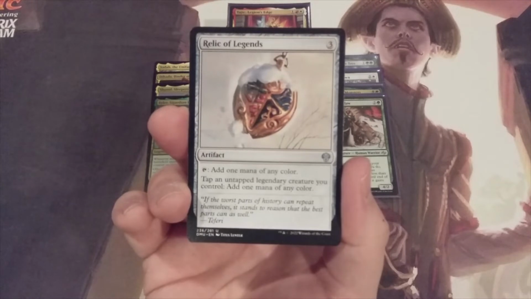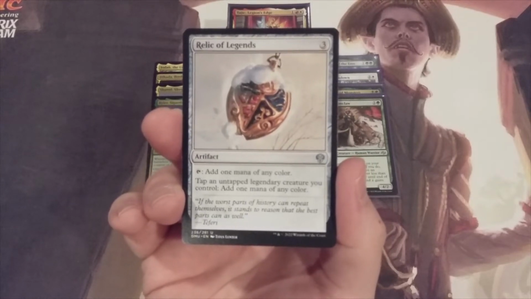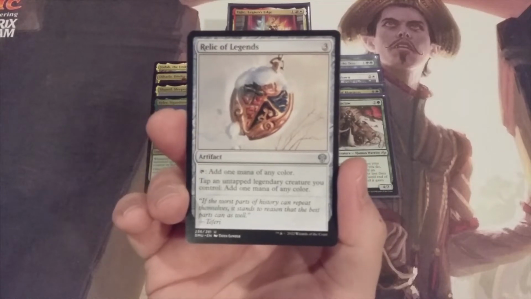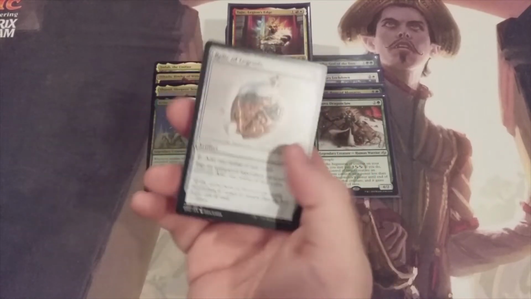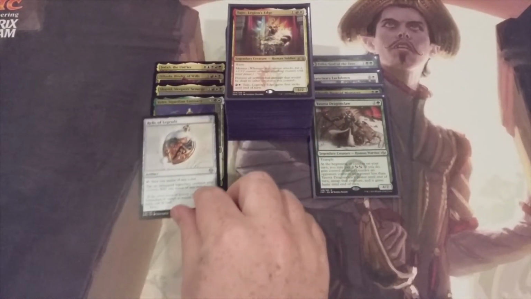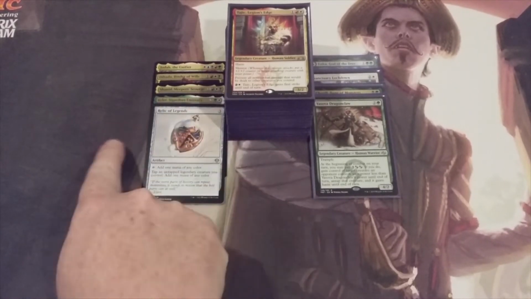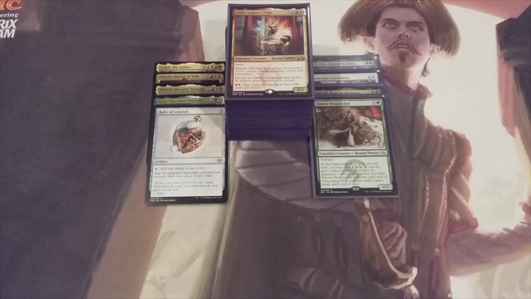So if we really have a board just populated with our legendary humans, we have such mana resources available to us that it should not be a problem at all getting Jodah onto our side of the battlefield, and hopefully shortly thereafter winning the game through a mass combat turn. So Relic of Legends,